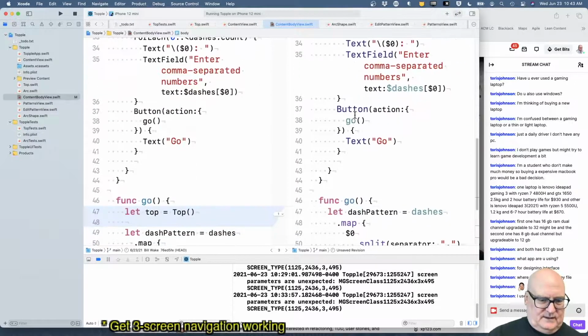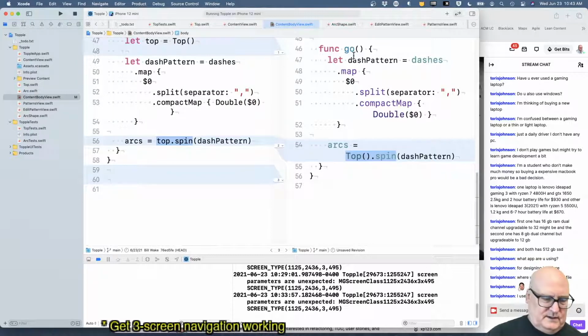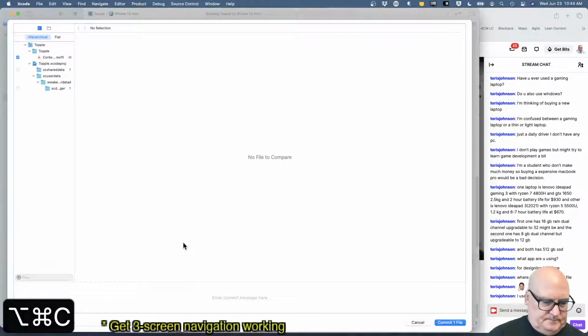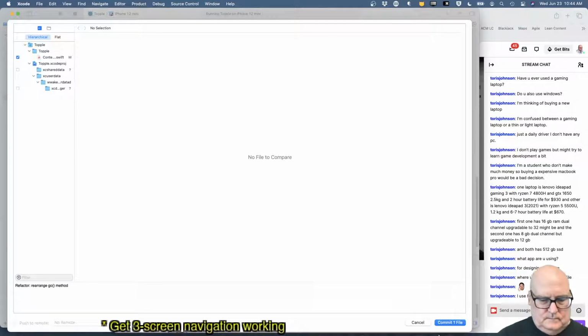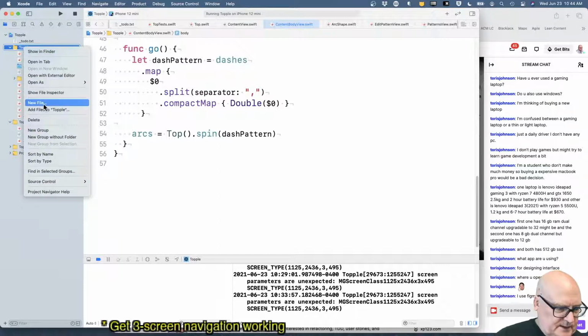VStack. Okay, I modified the top a little bit. All right, and I'm starting to get a little bit lost in the